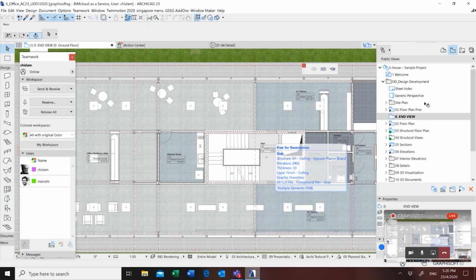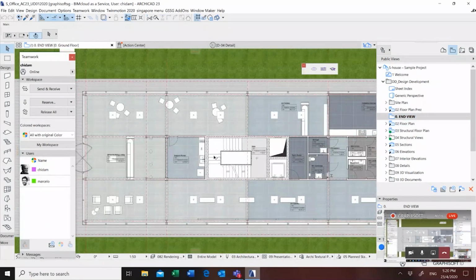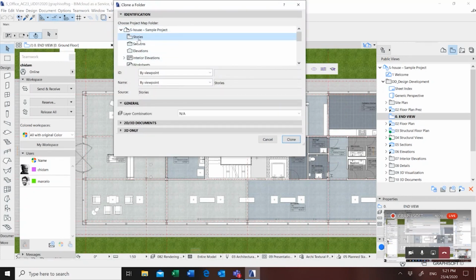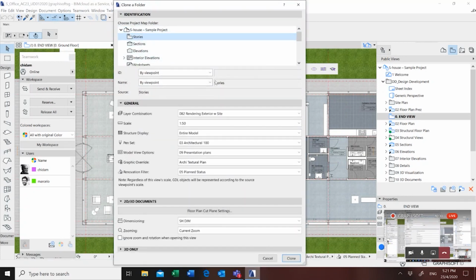So let me take you through this presentation. So I'm starting from where Marcelo left us. So this is on the first story architectural plan. And if I want to create the structural views, I can use this option in ARCHICAD, clone a folder, where I can choose, I want to clone the stories, and I can give a name to it. So it can be a custom name, and I can call this as structural floors